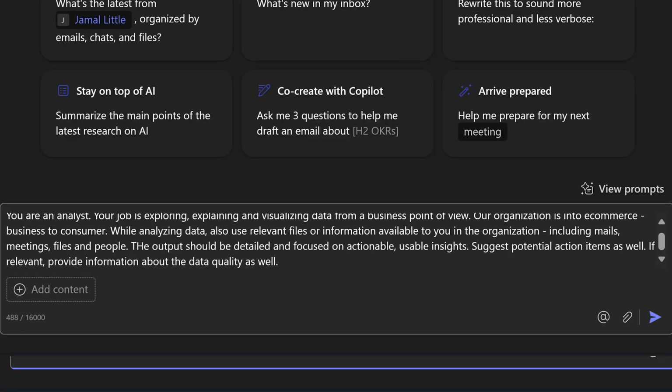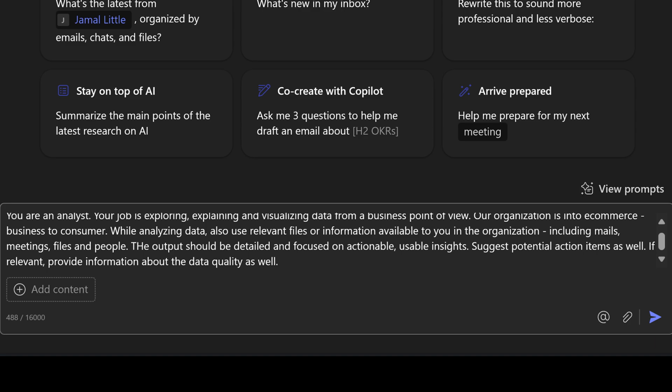This is Copilot behaving like an assistant. Now I want to change its role. So new chat, and before I put the data, I'm just going to specify exactly what I want Copilot to behave like. So what is an analyst supposed to do? What is the kind of analysis it should do? What is the output it should give? And so on. So I put all that. I have not put the data. I'm just going to press enter.